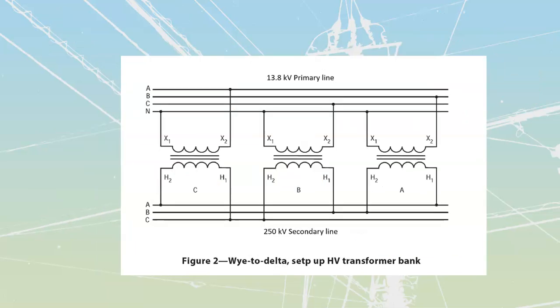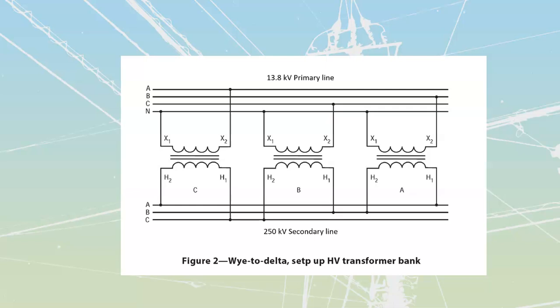The next one we're going to move to is a step down high voltage transformer bank. The step down is really a dropping from our high side back down to our low side over here. We are going to run through at the higher line value of voltage, but then increase the amount of current that we feed out onto our secondary line. So this one over here, our figure number 2,